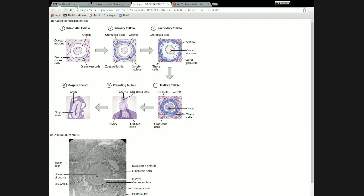So in these pictures, it doesn't look like it's quite balanced for the first half and second half, but that is in fact the case. The first half of the ovarian cycle is referred to as the follicular phase because the follicles are,